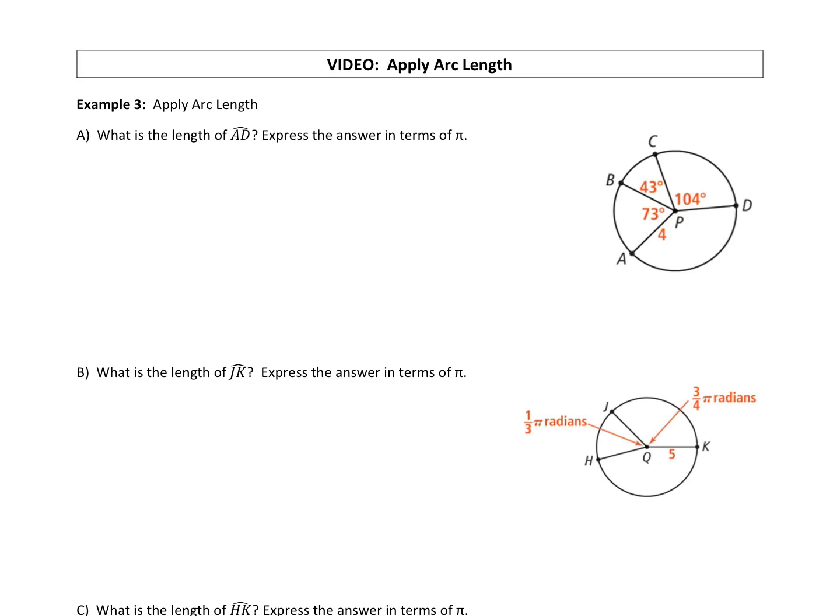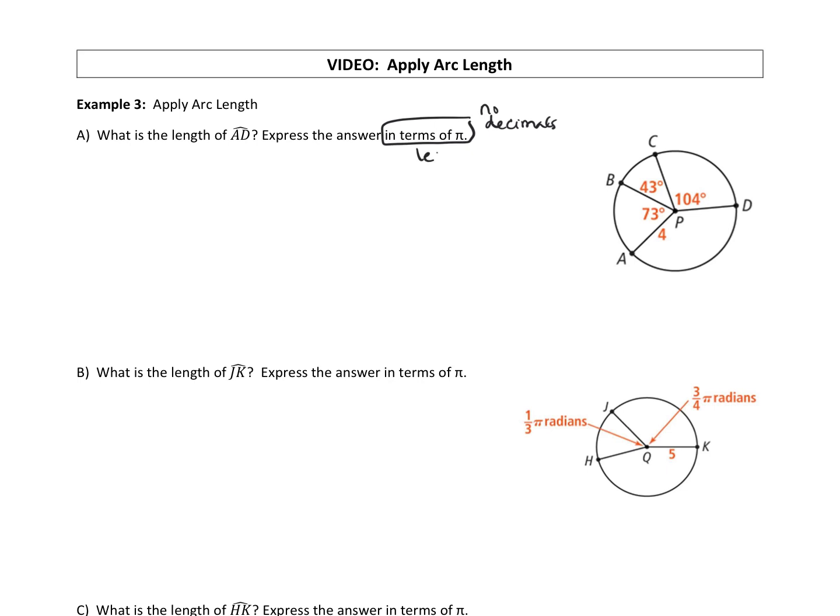Okay, so now that we know how to find arc length, let's actually apply it to some specific circles. So part A, what is the length of arc AD? Express the answer in terms of pi. So when they say this, that means no decimals,